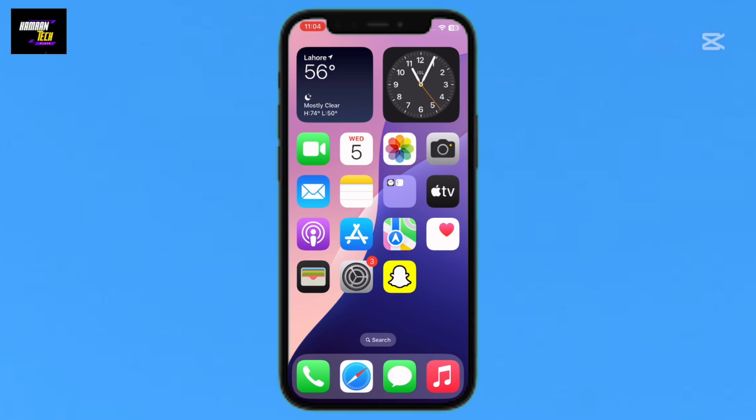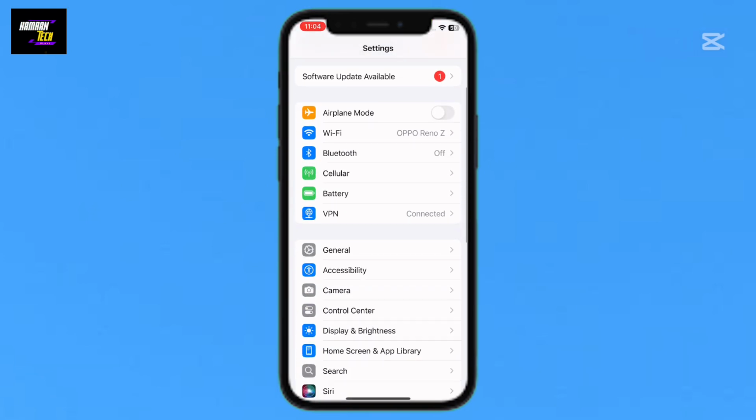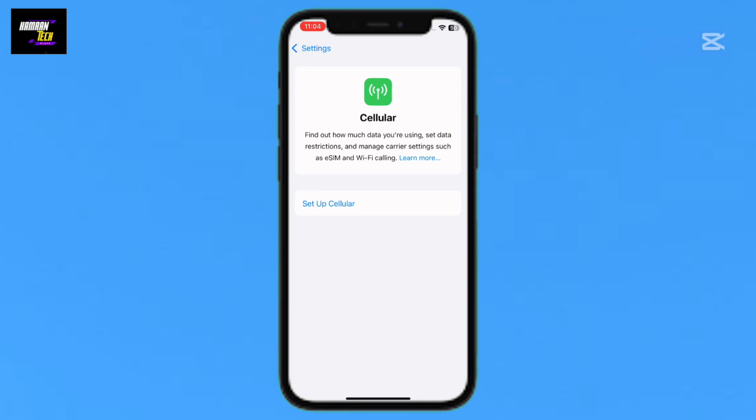So make sure you have the iOS device and go into the iPhone General settings, and here you will find the Cellular option. I will just tap on it, and if you want to find out how much data you are using, set restrictions, and manage carrier settings such as eSIM and Wi-Fi calling, you will set up cellular. I will just tap on it, so you will have to wait a moment